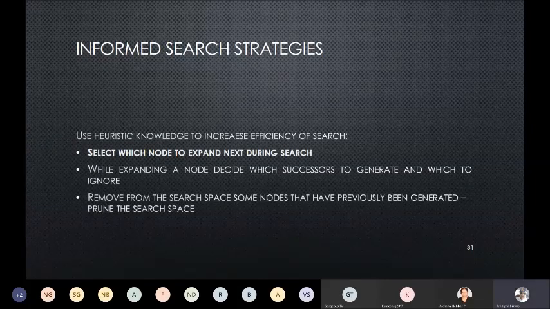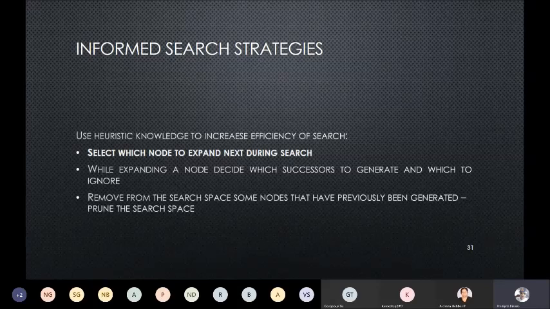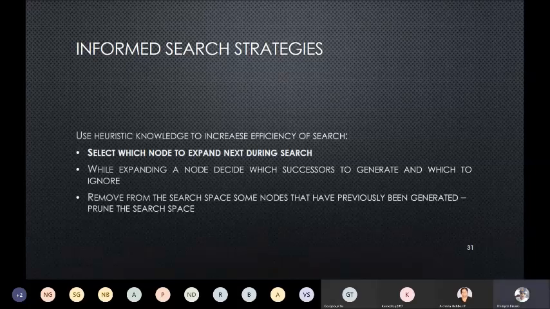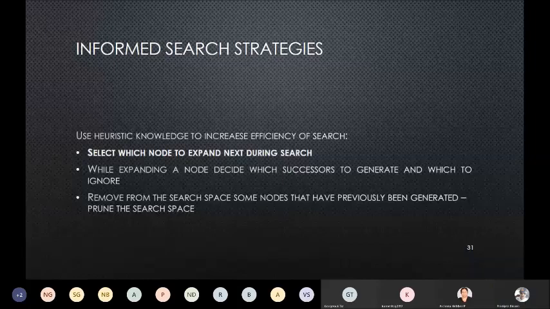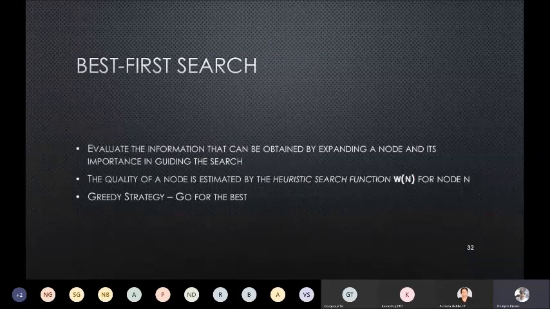In informed search strategies, we will use some information, right? Now here, we first enter into the realm of artificial intelligence. Why? Because this information will be in the form of an estimate. That means I do not know the exact information, but I will estimate something. Let's see how we can do that.